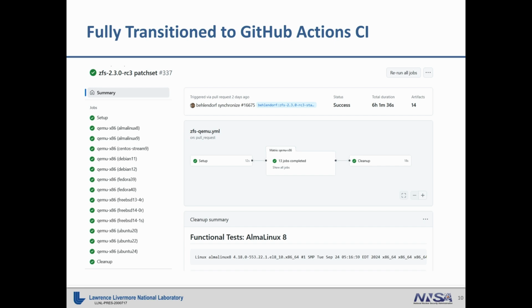And because we needed some functionality that you couldn't get from a bunch of other CI systems, we had to be able to load kernel modules. We needed full VMs to be able to do that. And that was hard to get in other environments. But Tino's recently done a huge bit of work to actually get us fully transitioned over to running our CI under GitHub Actions. And it works pretty well,